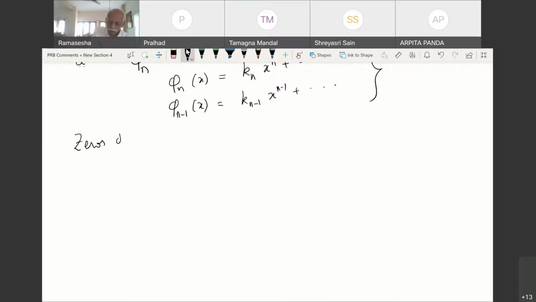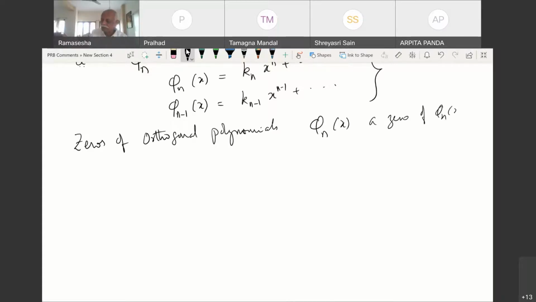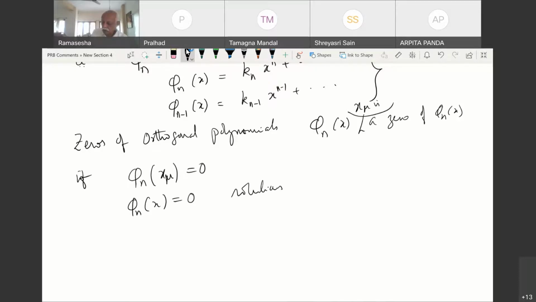So suppose you give me an x, a zero of phi n. Put phi n of x equal to 0. Solutions of this polynomial equation